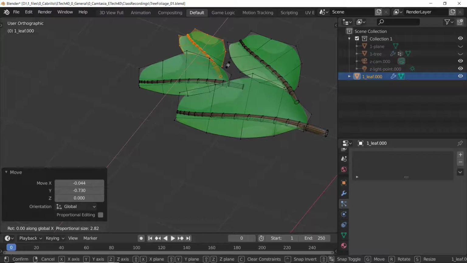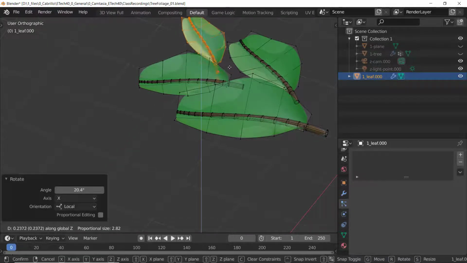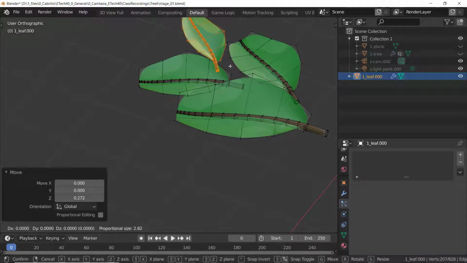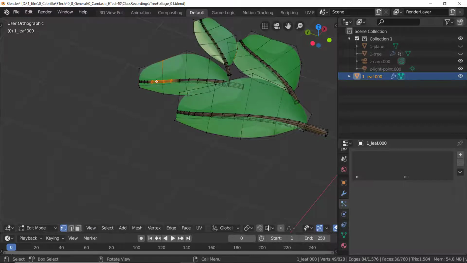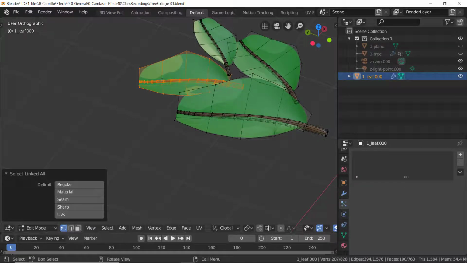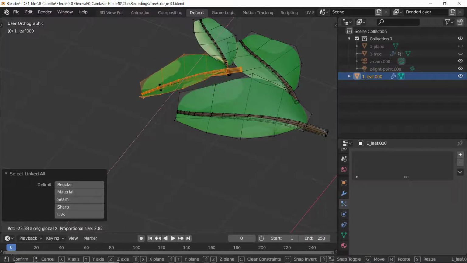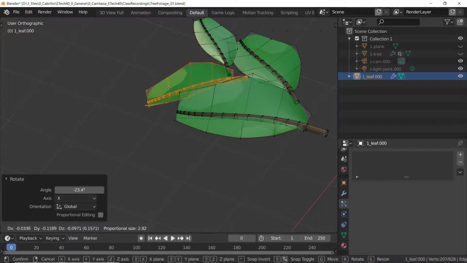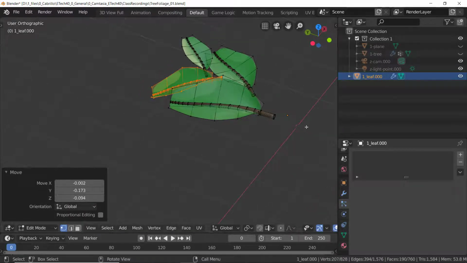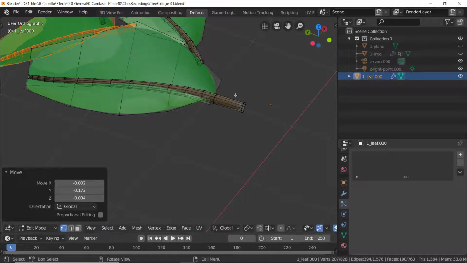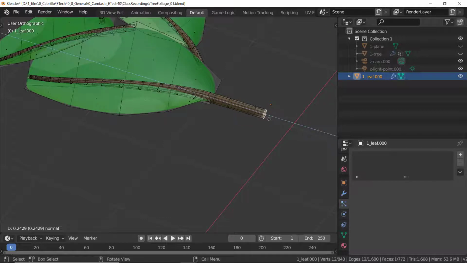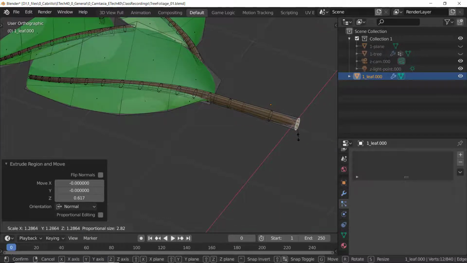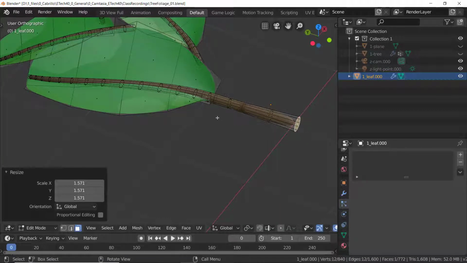So R, X, X, G, Z, G, Y, Control L, R, X, G, and finally I'll hit 3, just select the end here, E, extrude, scale, and then go to the top again,